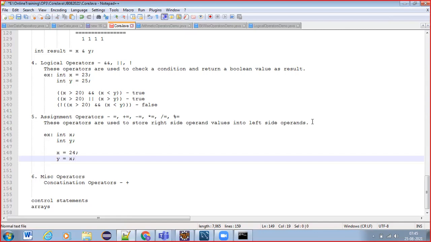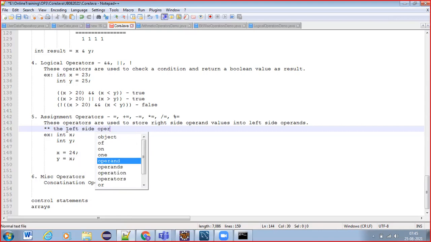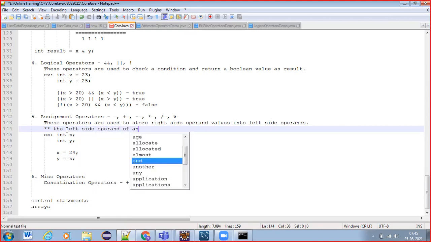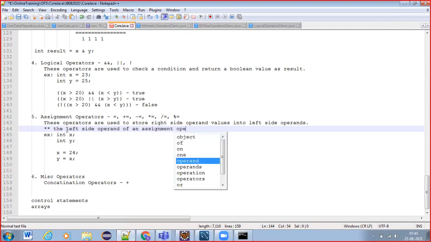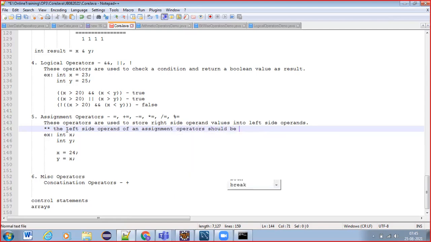So the important note that you need to remember here is the left side operand of every assignment operator should always be a variable.